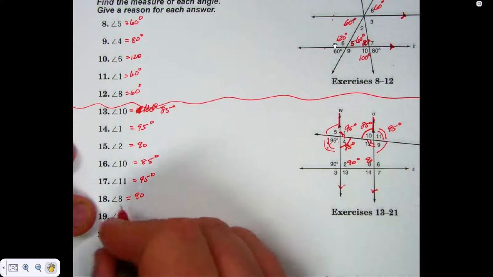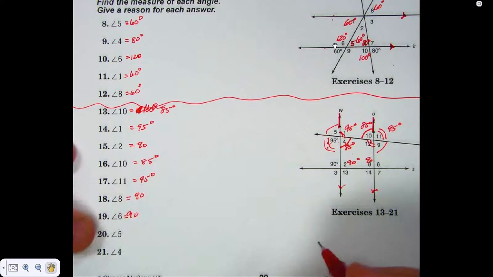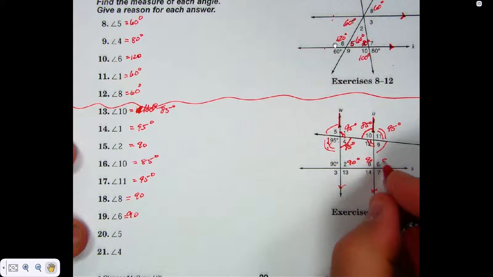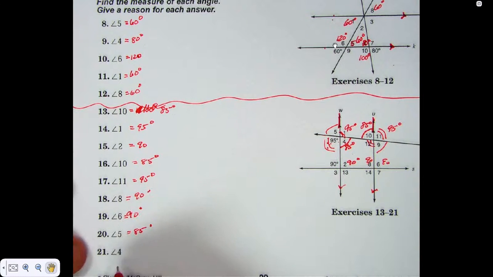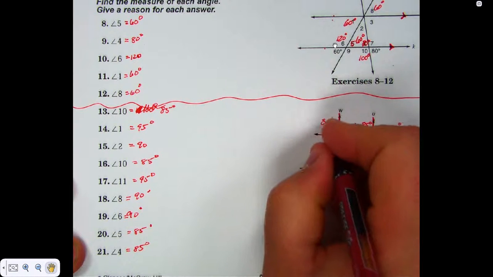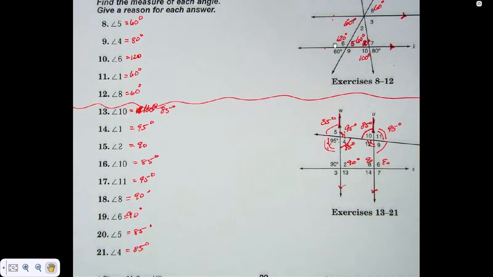Angle 6. 95. Angle 5. 85. Angle 4. 85. We're good to go, aren't we? Now, we'll do a couple more examples from